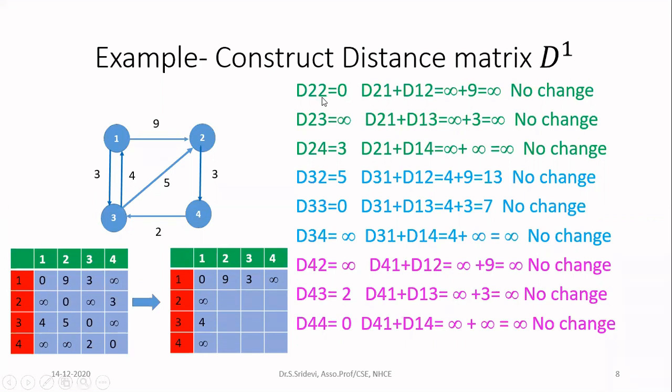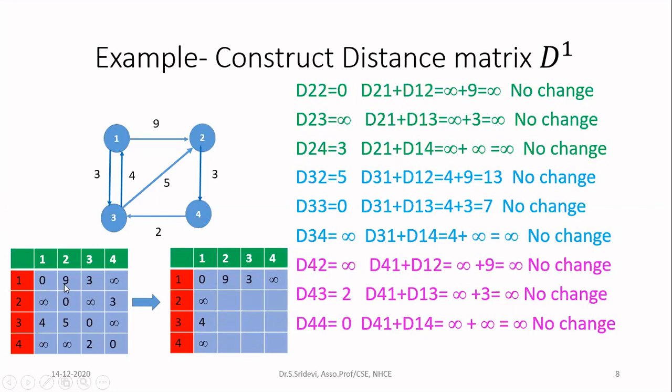Now you are going to check whether the path of reaching 2 to 2 through 1 is shortest or not. Again, you are going to start from 2 and reach 2 only, but now you are going to check through the vertex 1. So you have to consider D21 plus D12, because from 2 I am going to 1, then from 1 I am going to 2 again. Check these costs in the previous matrix. D21 is infinite, in row 2 and column 1.